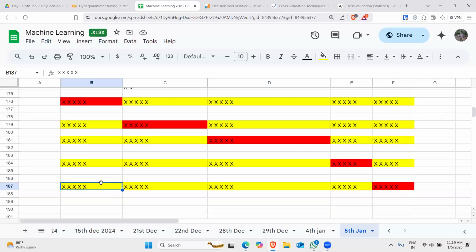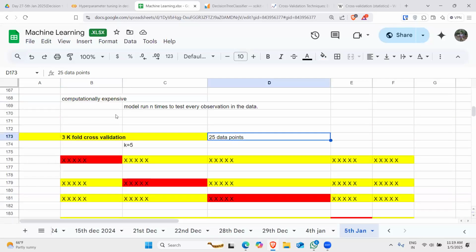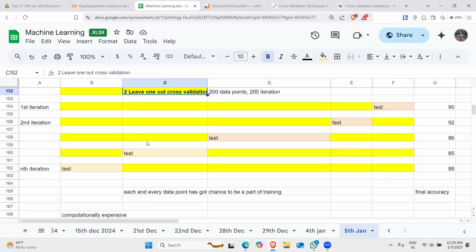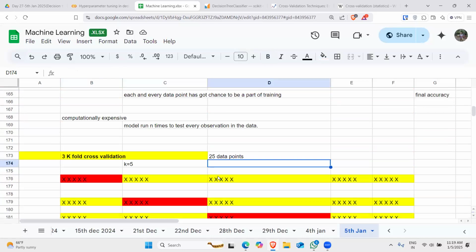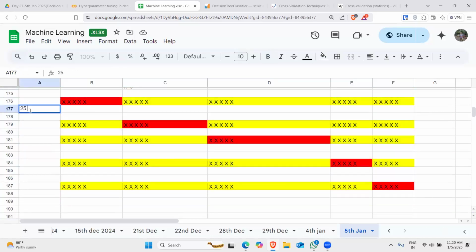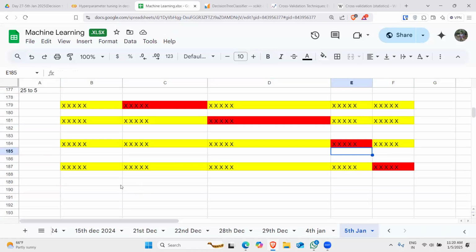So instead of doing this 25 times as in the leave one out method, if you used k-fold for this 25, there will be 25 iterations. We are reducing iterations from 25 to 5. Yes or no? Only 5 iterations, and all the data points are part of test and train every other time. So you will be solving that problem of being computationally expensive,